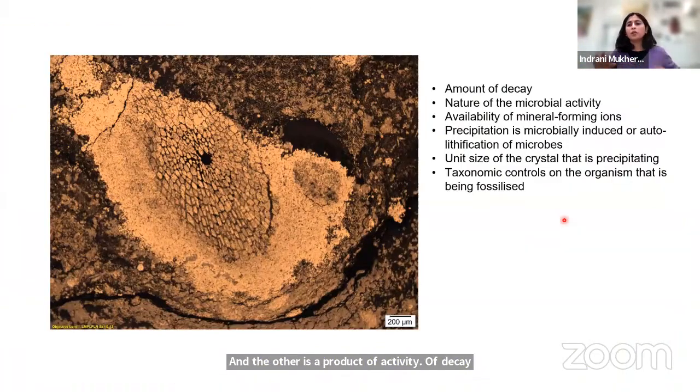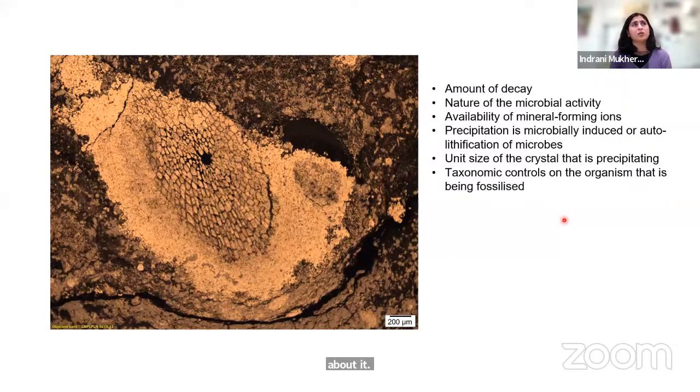So I'm more on the orthogenic mineralization side of things, since I'm looking at pyritic textures in my rock. So this is a beautifully preserved wood fossil from Canada. This was a sample that I was studying for a totally different reason. I was looking at why these shales are metalliferous, and what critical elements we can find in them. And you bump across these beautiful textures and you think you've got to do something about it. So I'm just trying to understand why these textures form in the first place.